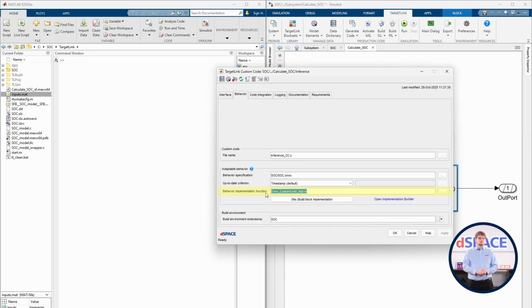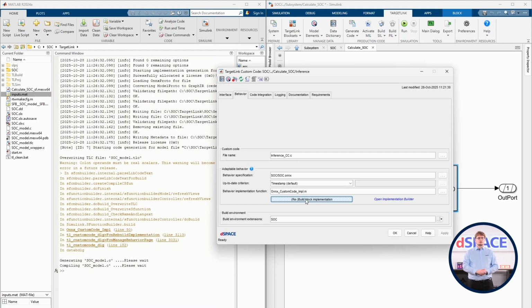In our example, this script executes an in-house tool from dSPACE to generate the required C code for the ONNX file. You can see the external code generator being executed on the command line when I click on this button. Being able to call this once is nice, but the adaptable behavior feature also comes with a built-in up-to-date check. TargetLink will run this up-to-date check before generating code and ensures that the implementation matches the latest version of your